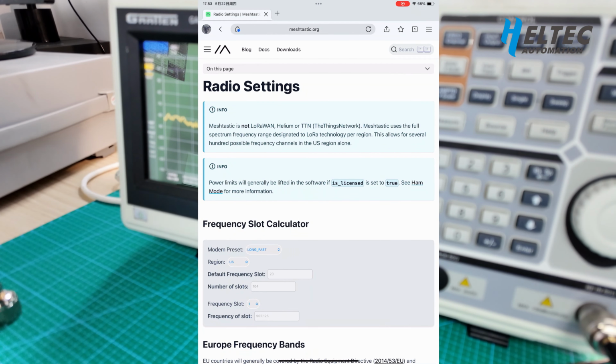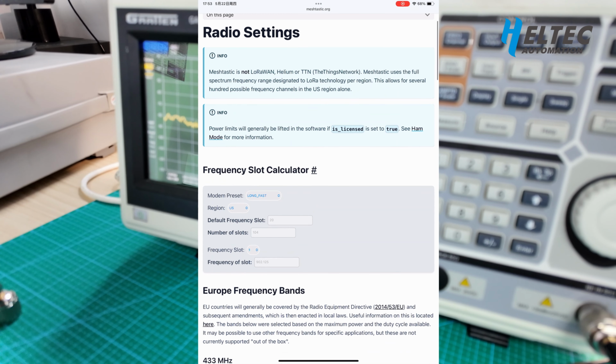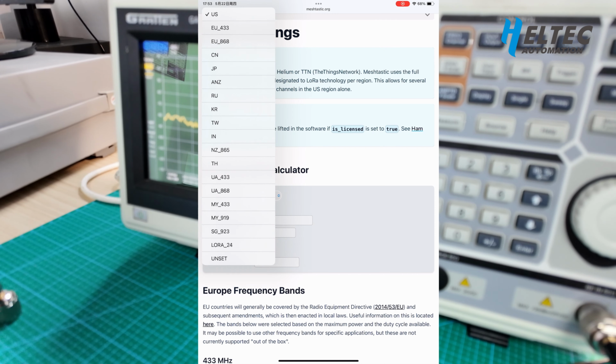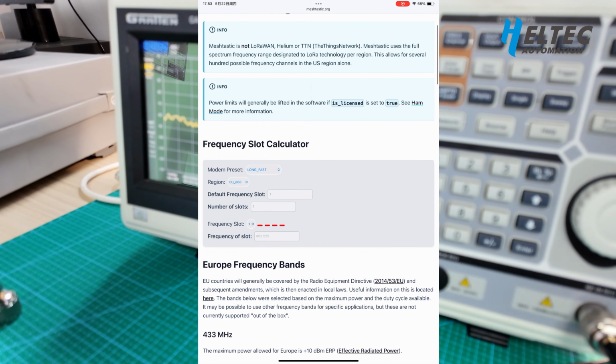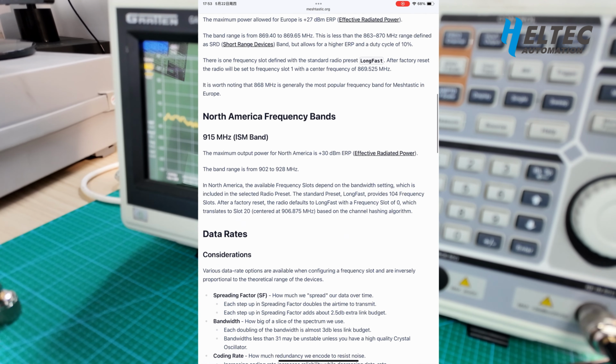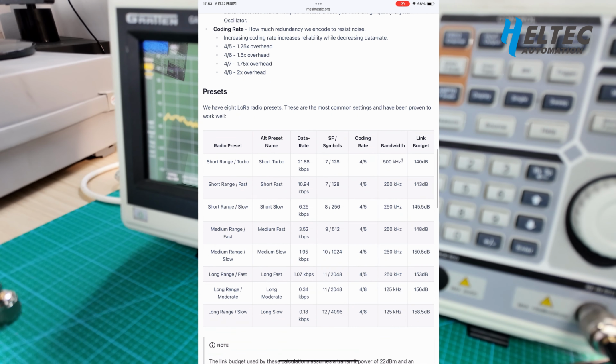We can check the Meshtastic official document. Here we use Long Fast, and the region is EU 868. The default frequency is this. And here, for Long Fast, the default bandwidth is 250 kHz.